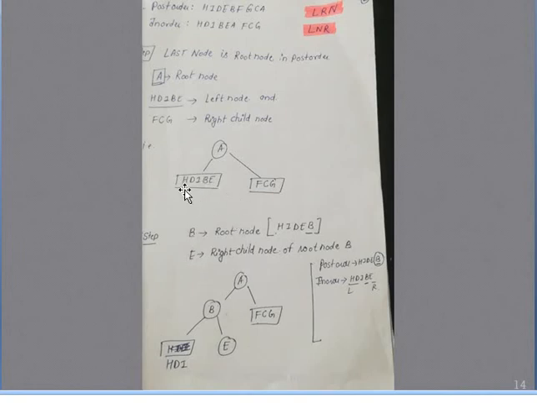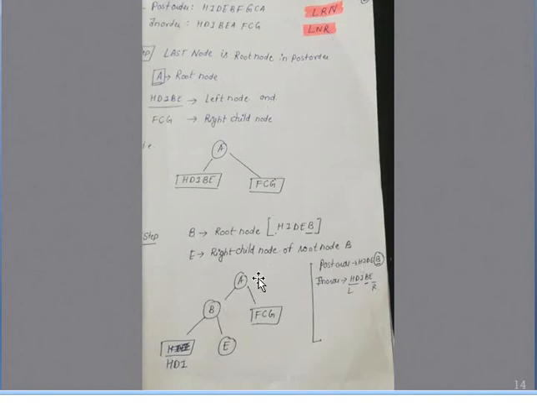So once again, if we see the left child H, D, I, B, E. If I am seeing H, I, D, E, B, all those elements that are together. So here B is the root node, E is the right child node of B. How did I come to know? After B, one element is there if I am looking in the in order. So what logic am I using here? With the post order I can find the root node, and with the in order I can find the left and the right child of that tree.